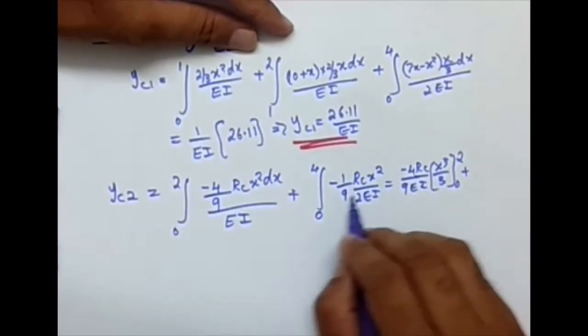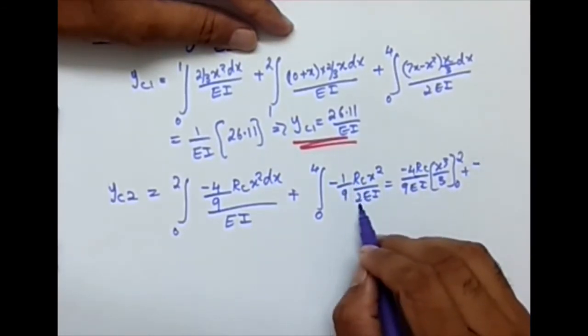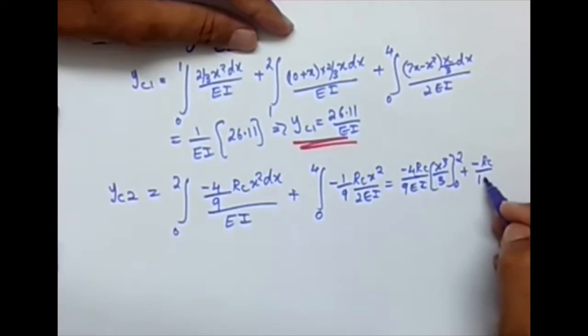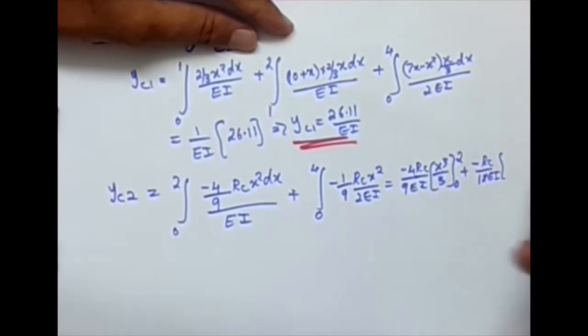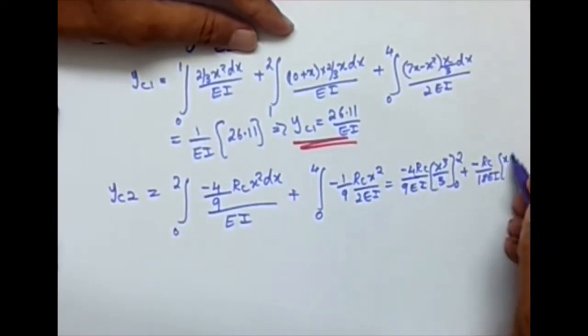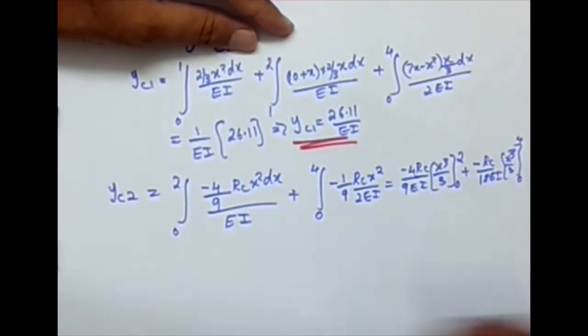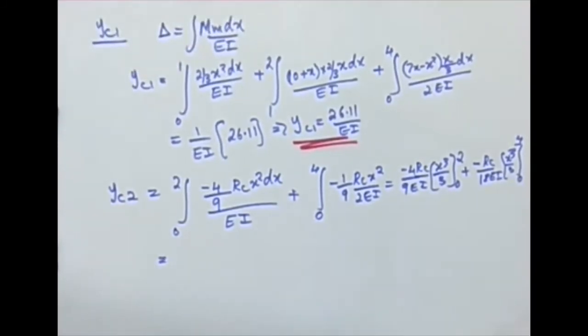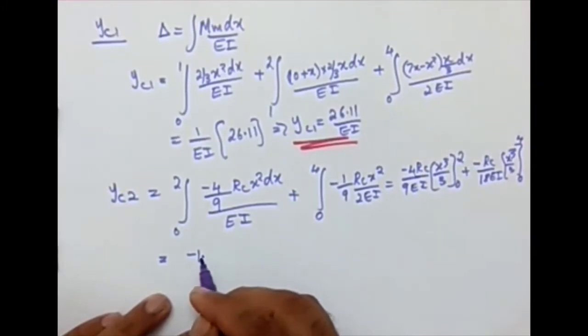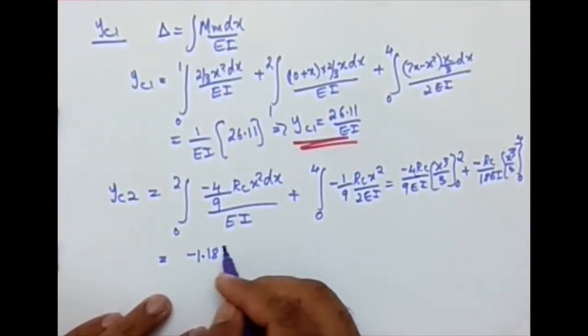What about the second? I'm taking the constants out, so Rc by 18 EI. Okay, what is left is x square. It becomes x cubed by 3 in the limit 0 to 4. So when I calculate that, what I'm going to get is x cube, so 2 cube divided by 3, that is 8 by 3, times 4 divided by 9. So I'm going to get it as minus 1.185